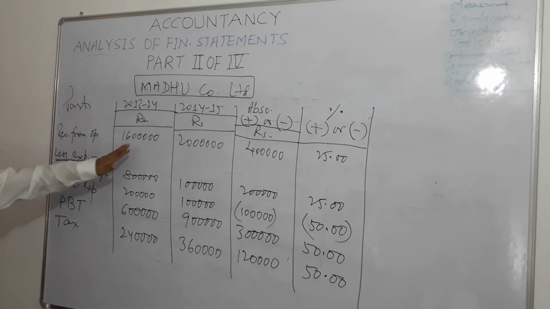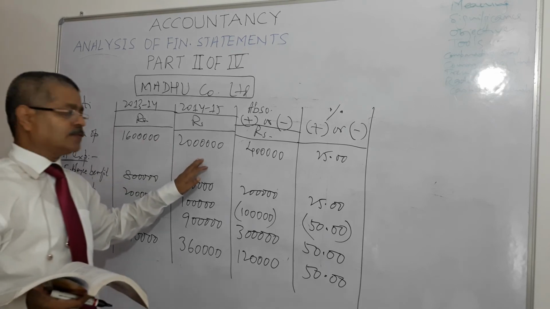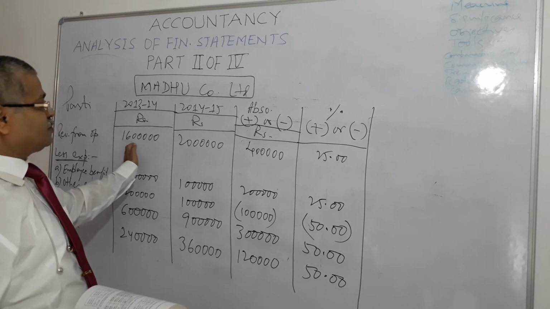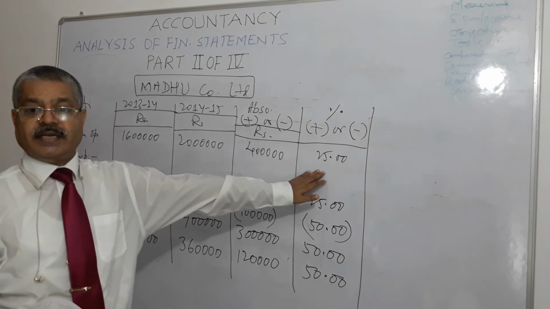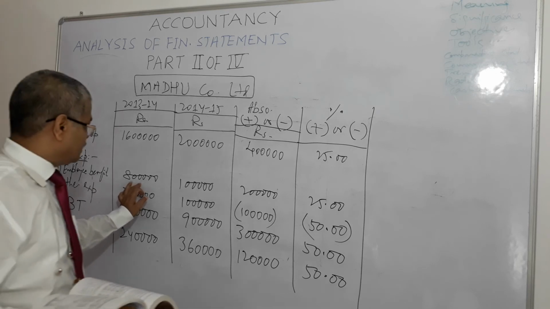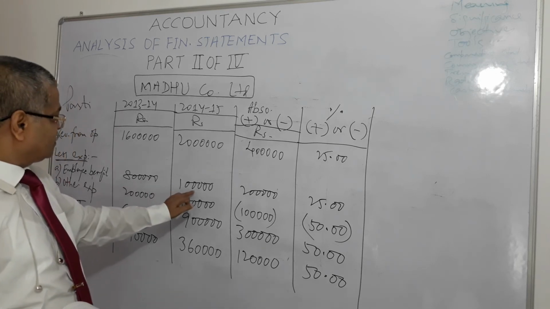Revenue from operations was 16 lakhs, became 20 lakhs. Absolute increase of 4 lakhs. 4 lakh as a percentage of 16 lakhs, 25% increase. Expenses are of two kinds: employee benefit expenses, other expenses. Employee benefit expenses have increased from 8 lakhs to